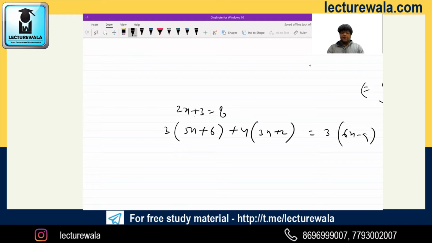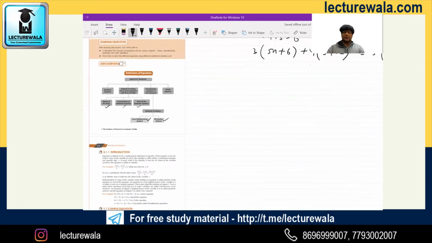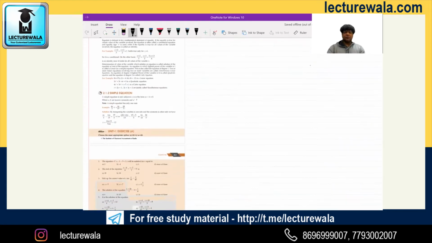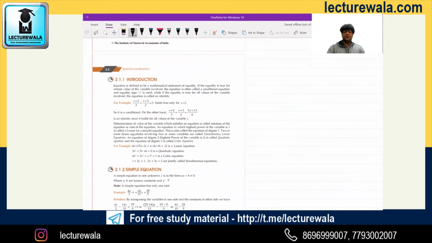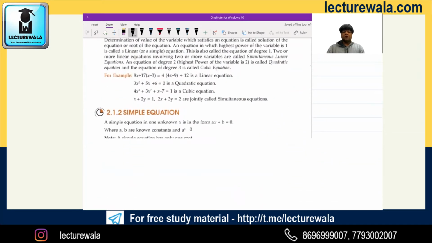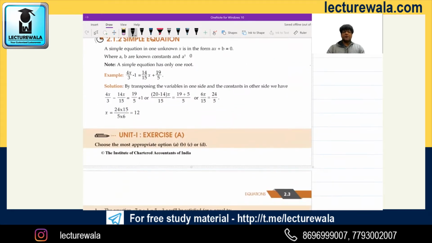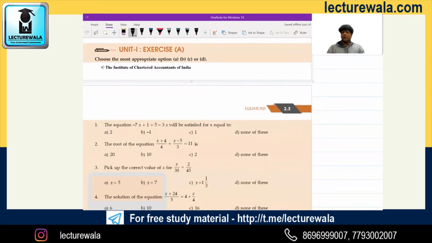So if it looks difficult for calculation, then you can solve originally. Or if it looks simple, you can put the values and calculate, you go by option hitting. So guys, there is nothing in this. Directly going to the chapter, see, immediately the chapter is started, because for this simple equation, there is nothing for me to teach.